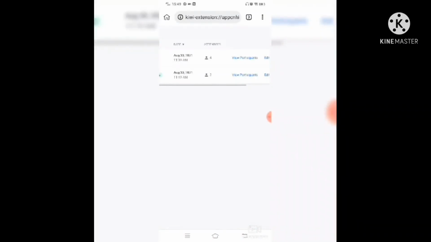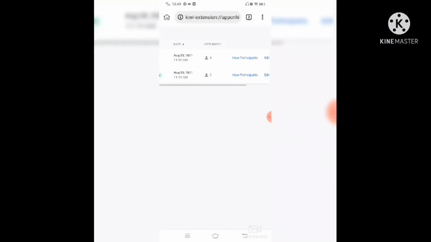Suppose you are taking class day 5, 4th hour, you can change that meeting name into day 4, 4th hour and you can give the subject name also. It will be helpful for you in future if you go and see the history window. By looking at the name of the meeting, you can recognize the meeting